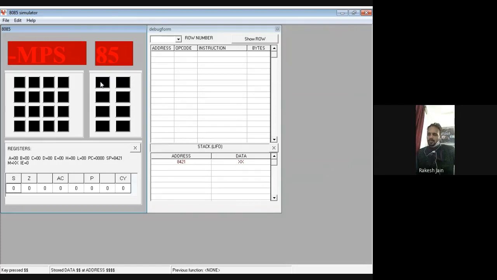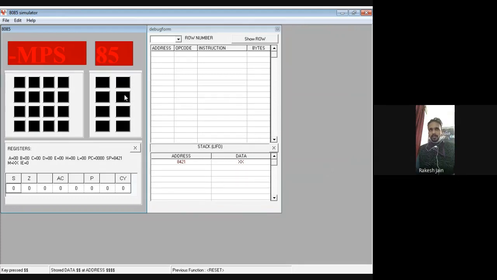At the right hand side, the topmost is the reset, the bottommost is the go, which is for execute, and the top second one from the right column is examine memory or new memory. Only 4 buttons will be in use. The topmost is reset, this one is new memory, this one is go, and this one is execute.